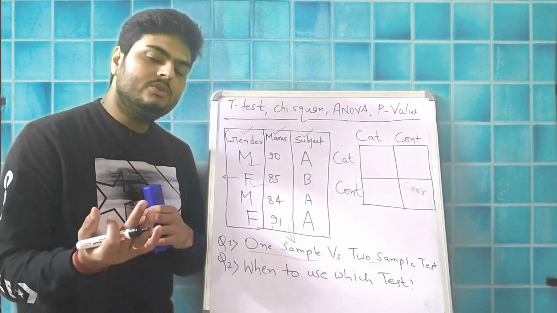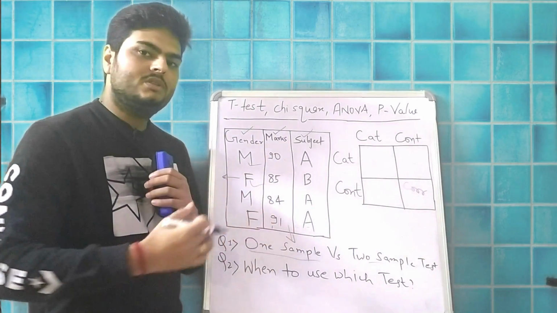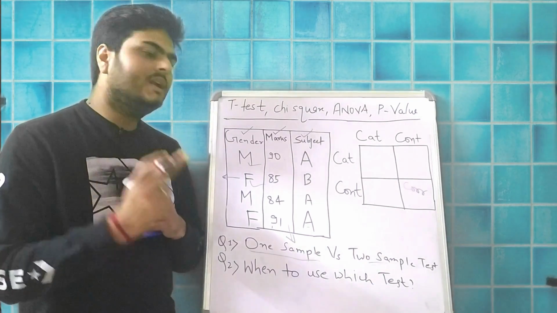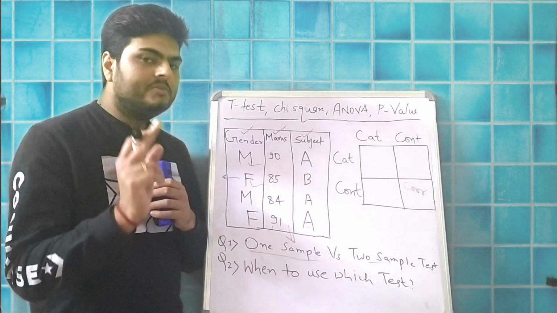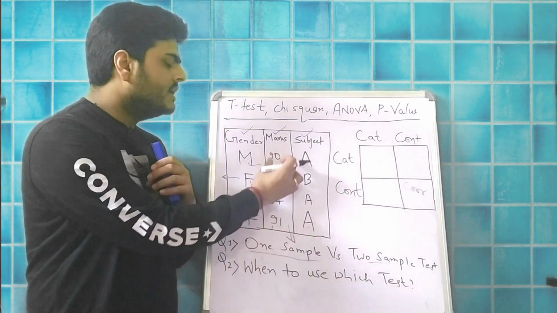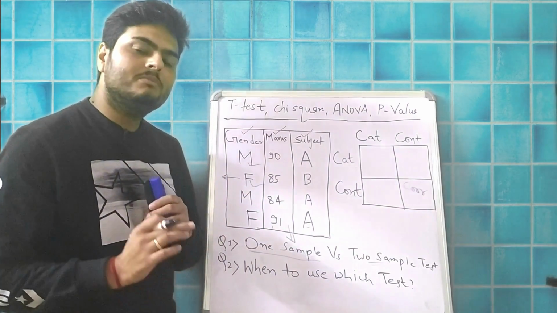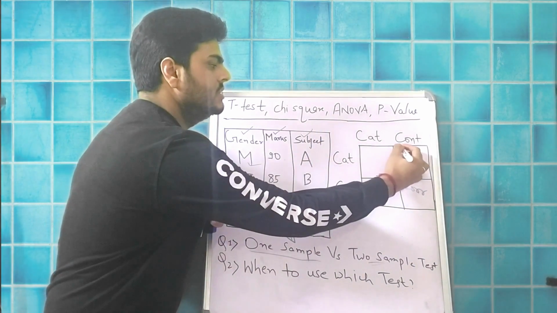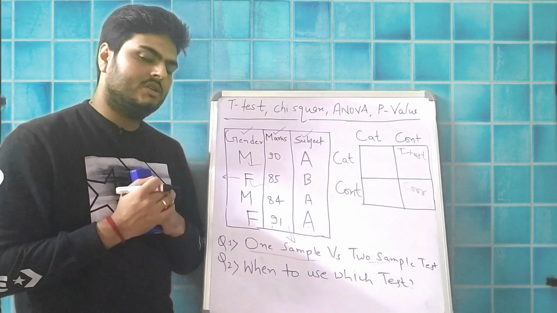And what test will we use? When there is one categorical variable and one continuous variable, and you have just two classes in your categorical variable. This is very important, guys. If you have just two classes in your categorical variable and you have one continuous variable and you need to compare that, then we go for something known as a t-test. So categorical and continuous: two sample t-test, not one sample, two sample t-test.